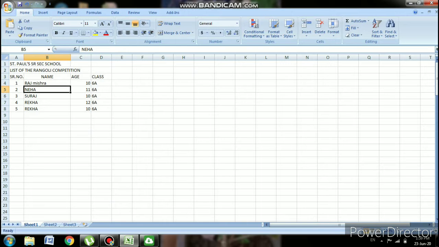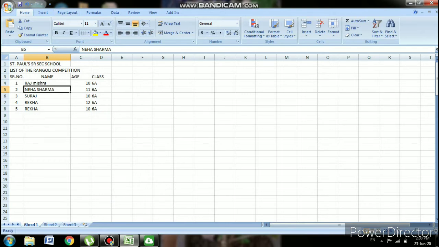If you don't remember F2, then you simply go to the cell where you want to edit the data and double click it. When you double click, see, the cursor blinks in that particular cell. Now this is one way to change. If you want to undo, you click on the undo button, otherwise you can use Control Z also. When you want to redo, you want the correction, then either you press the redo button or you simply press Control Y.